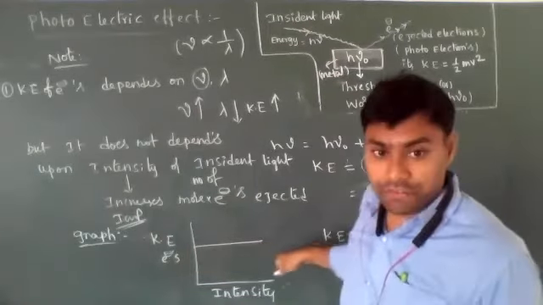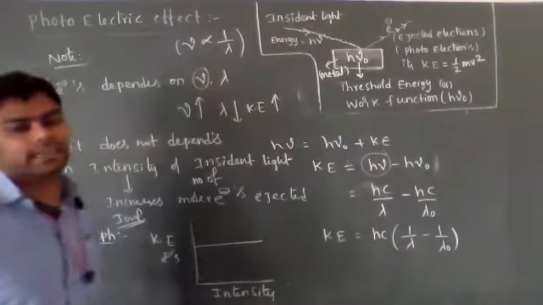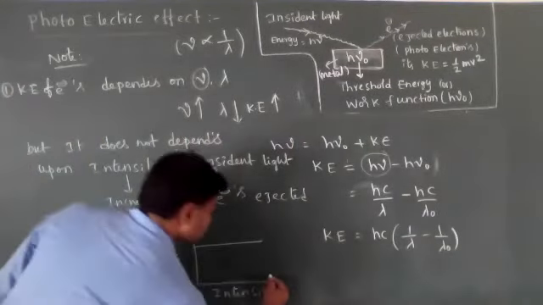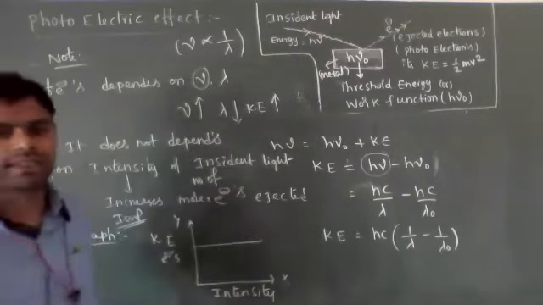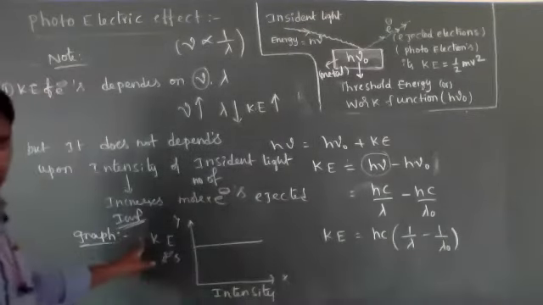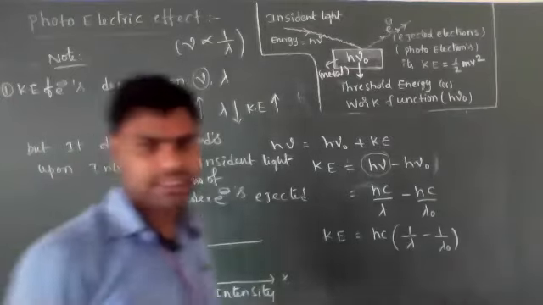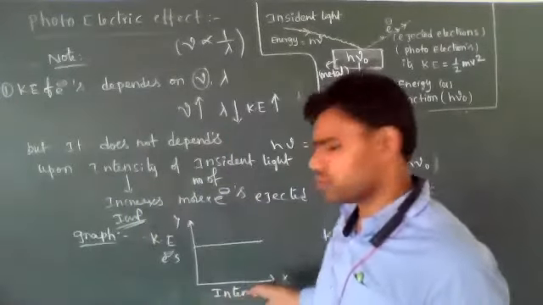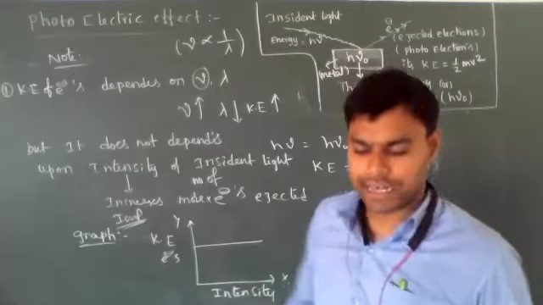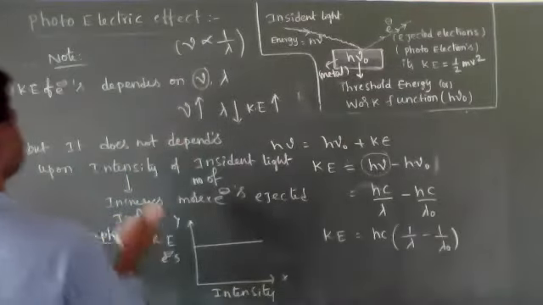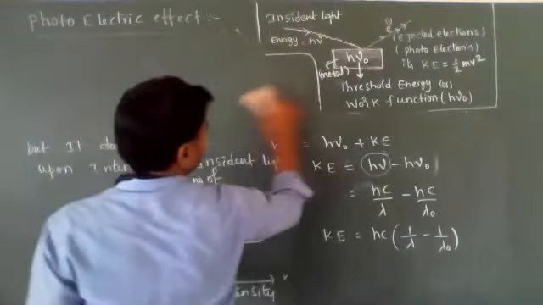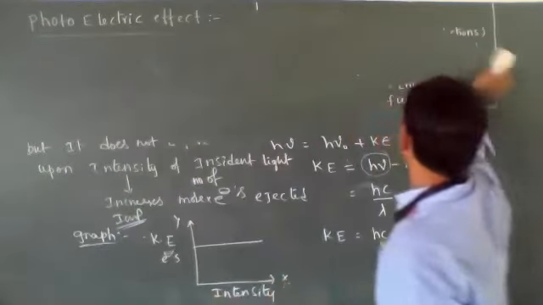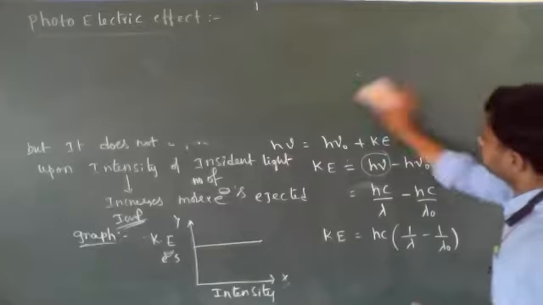So the graph of kinetic energy of electrons with respect to intensity is constant, and the graph will be parallel to the intensity axis, whether it is the x-axis or the y-axis. This kind of question is asked in the JEE and NEET examinations. Among the following, which is the correct graphical representation? So this is one important graph from the photoelectric effect. The next important graph is